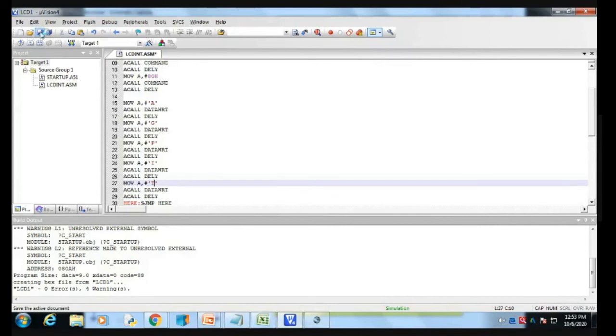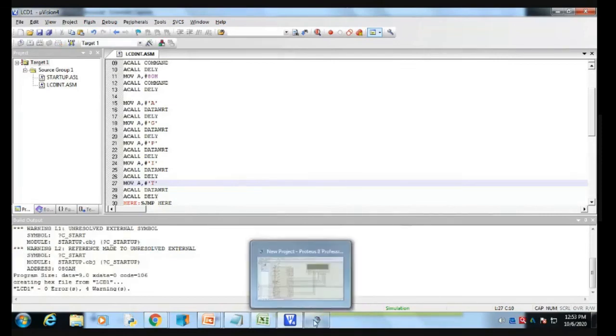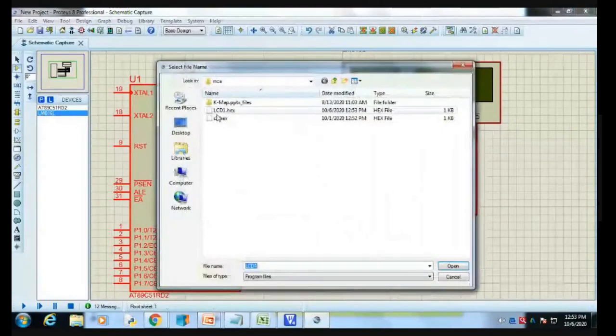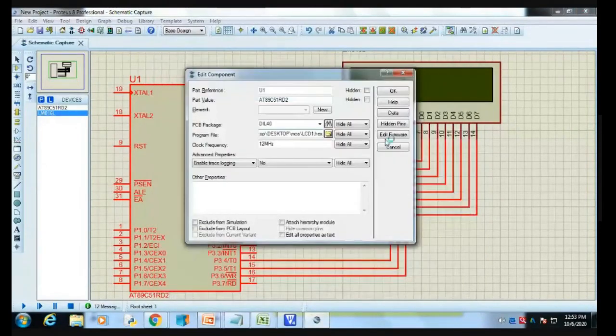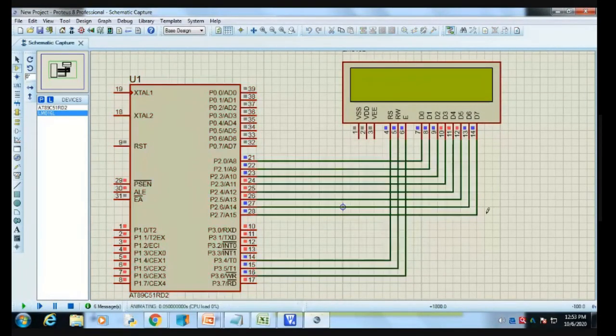So I am going to save, run the program, rebuild the program. Then again I am going to load the hexadecimal file into the LCD interface, LCD to the 8051, and then after that run the program. Here it is AGPIT. Okay? Are you able to see this AGPIT? Yes, sir.